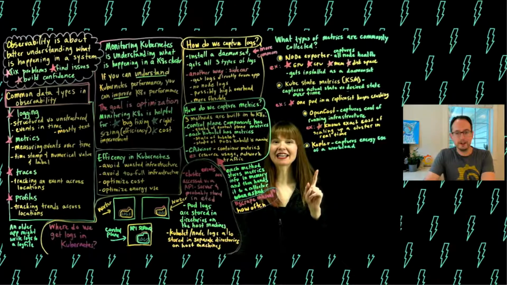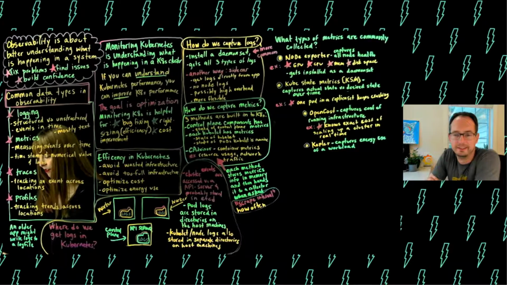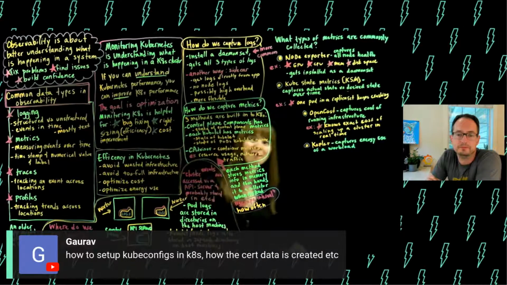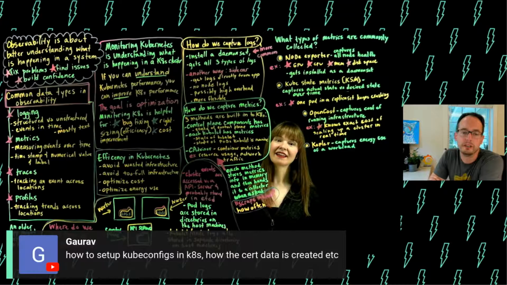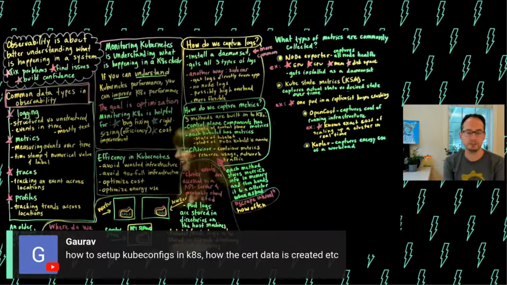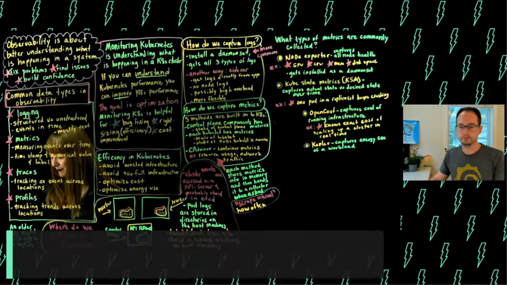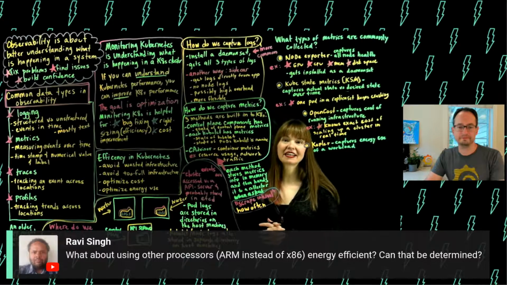Yeah. Before we get to that, there are a couple questions hanging. One of them's not observability related, but maybe you know a quick answer about how to set up kubeconfigs, or a good resource for that. Probably the documentation of Kubernetes. Yeah. So kubeconfigs in Kubernetes, it's going to depend a lot on how your Kubernetes cluster is set up. There's ways that you can ask it to create users and things like that, but I would say look at the documentation for the way that you started your cluster. I'm rooting for you.